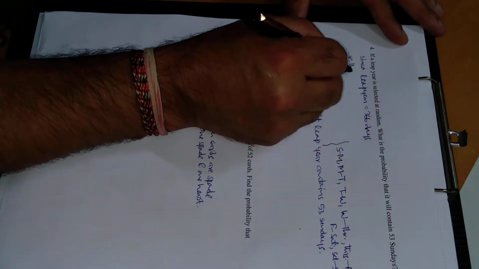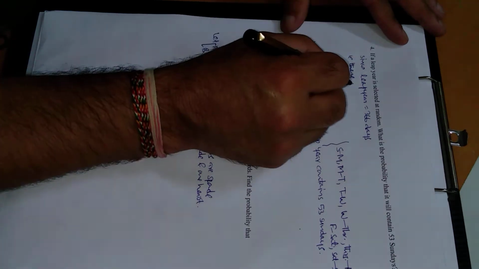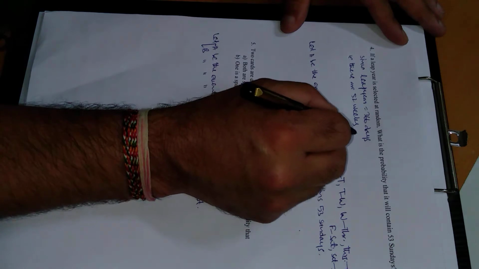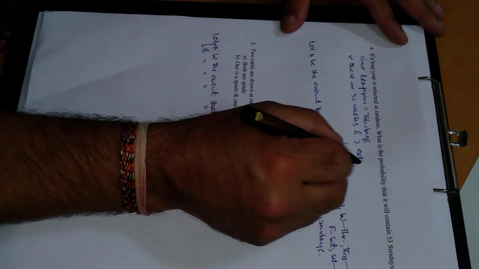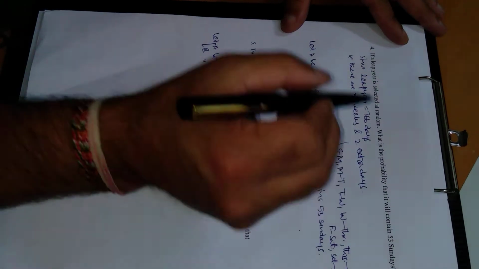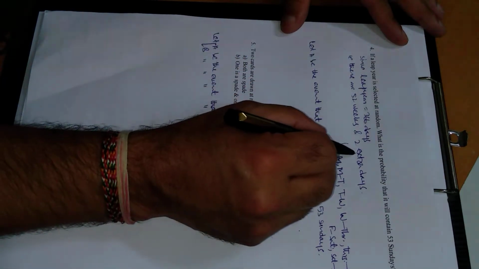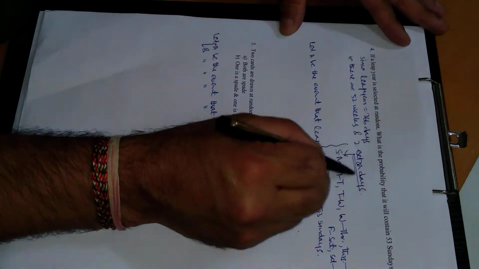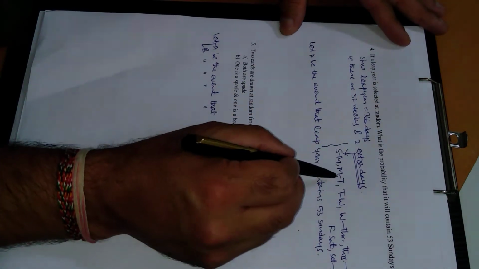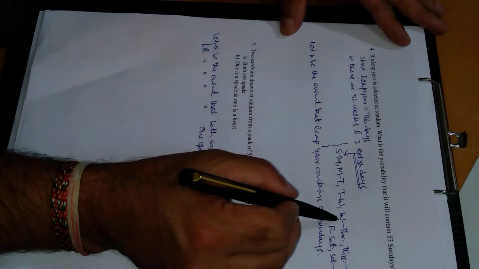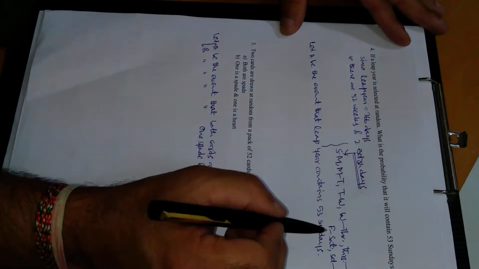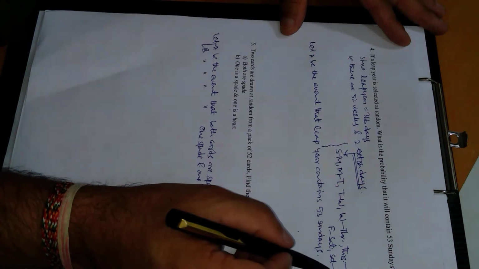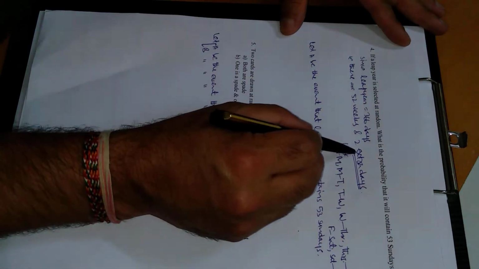there are 366 days, which means there are 52 weeks and 2 extra days, and these 2 extra days can be any one of the following. There are 7 possibilities for these 2 extra days. The first option is Sunday Monday, next is Monday Tuesday, next is Tuesday Wednesday, next is Wednesday Thursday, next is Thursday Friday, next is Friday Saturday, and finally Saturday Sunday. So these are the 7 options for these 2 extra days.